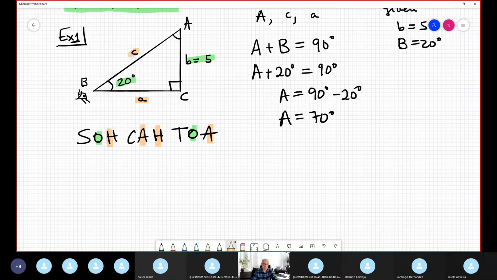So if I apply tangent 20 degrees is equal to the opposite, which is 5, divided by the adjacent, which is 8. Okay, I'm using this piece. Remember, in green color, I put the given information. In orange color, I put the thing I want to find. Okay, therefore,